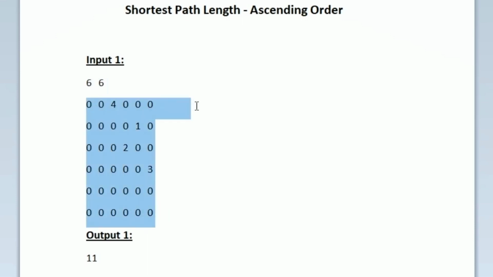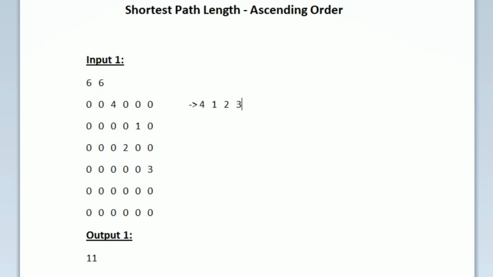So in this integer matrix, first our task is to take all the non-zero integers separately. So here we are able to find 4 non-zero integers. So 4, 1, 2 and 3. So these are all the non-zero integers present in this input matrix. So first we have to take all these integers and write it down separately. So 4, 1, 2 and 3.